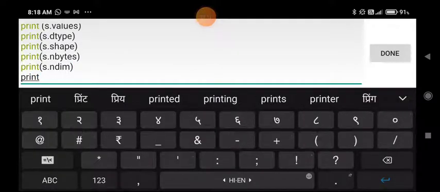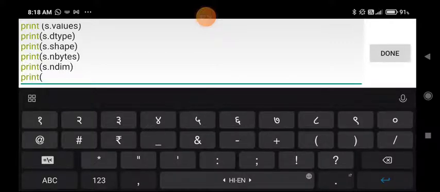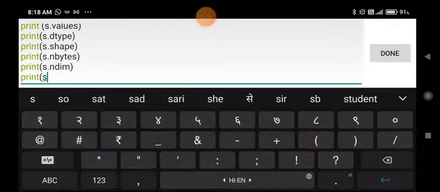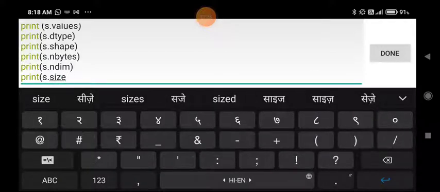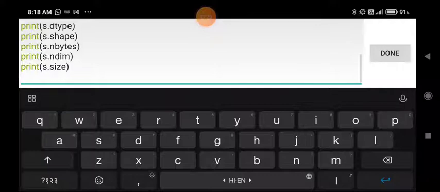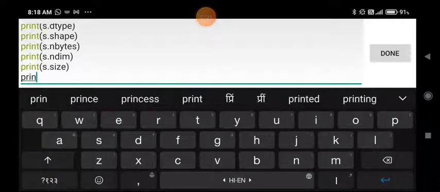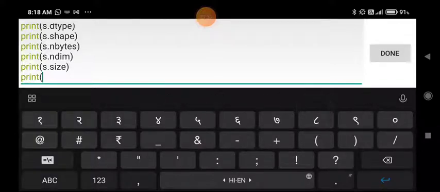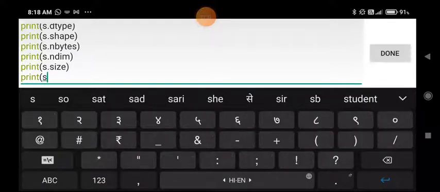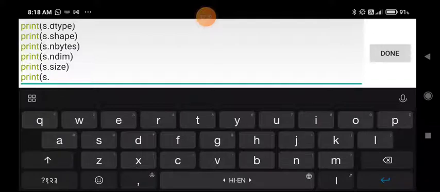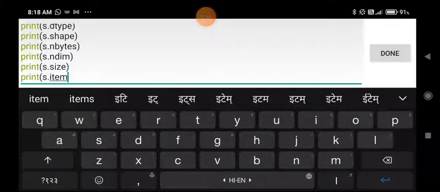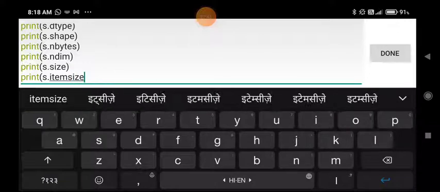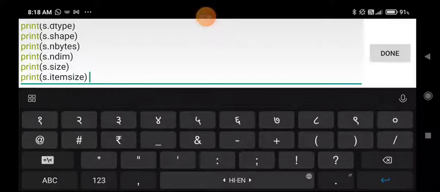Again, if we write print(s.size), this will display the size of the series. If we write print(s.itemsize), this will display the item size of the series.